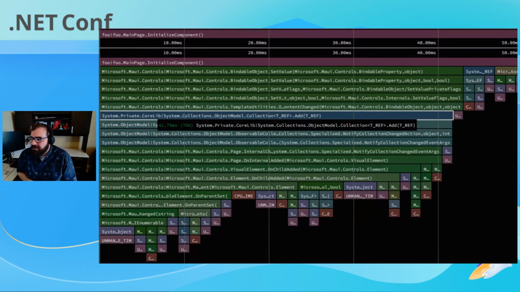And if you drill into the method, you get a view like this. It might be a lot to look at, but what you're looking for is a method that takes time, and then you drill down in there, and as soon as you see a bar that jumps down a lot, not a great example here, but maybe this onChild added method. Of course, that's in Maui, but you might go look at that method and just see, is there anything we're doing there that we could do faster instead?